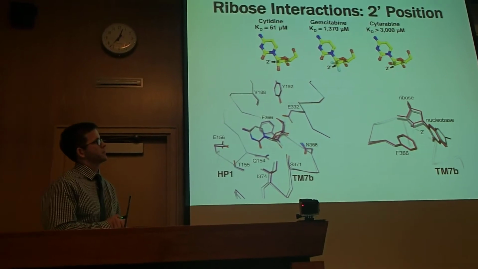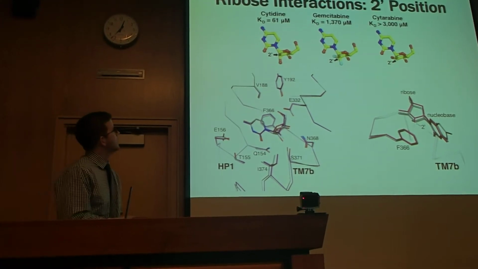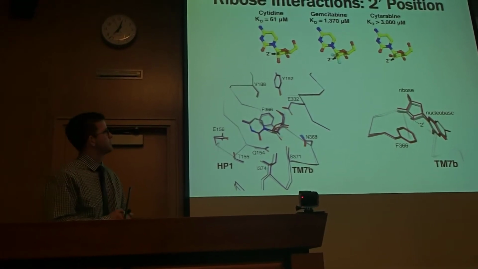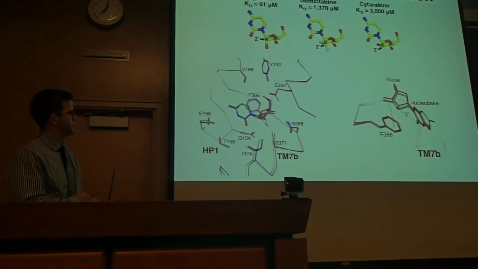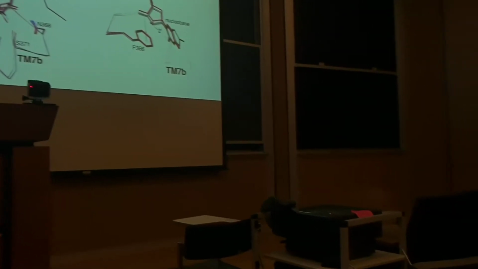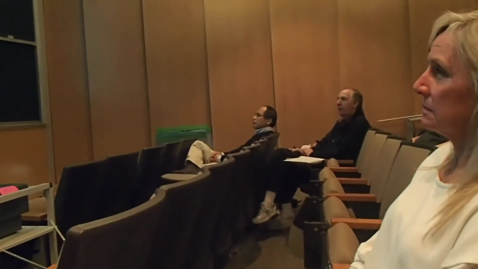And the only difference between this structure and the cytidine structure is that the 2' hydroxyl is flipped into the other epimeric position. So we wanted to see structurally what was causing this behavior, so we solved the crystal structure of VCCNT bound to gemcitabine, shown over here in purple, aligned with the uridine bound structure in gray. And we found that the binding site rearranges just very slightly. It has to expand just a little bit to accommodate that added fluorine atom on the other epimeric position, including phenylalanine 366, which we just saw the importance of a couple slides ago. And TM7B is bumped out a little bit too,